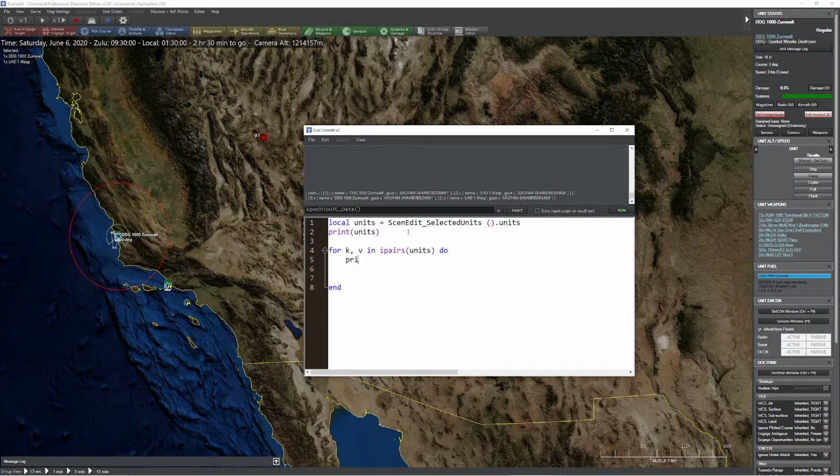We'll come in here and we'll say print v, which represents the current value inside of our array, dot GUID. And we'll go ahead and have it also display our v.name as well. Go ahead and put a space. And again, we're just using the concatenation character here. So now if I run this function, it should give us a list of both of the vehicles separated by